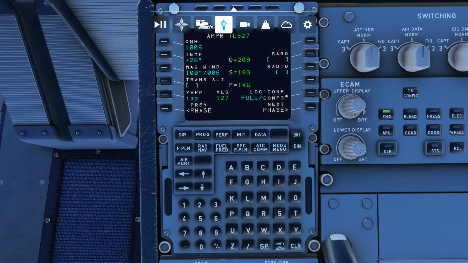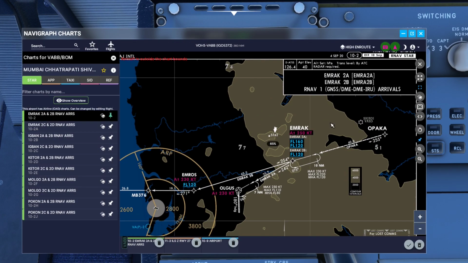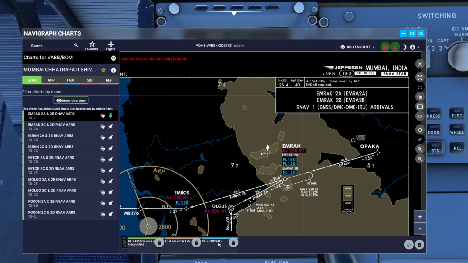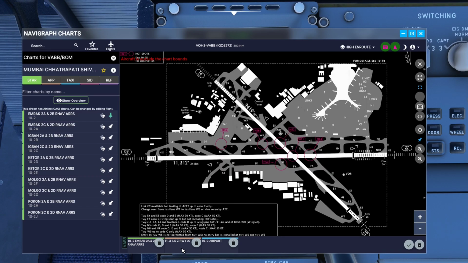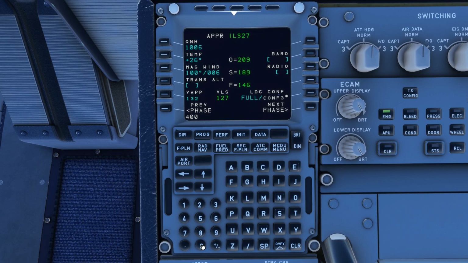Transition altitude, we can again go ahead and check using our Navigraph charts. As you guys can see, I've clearly pulled up the charts here. Transition level is assigned by ATC, but since we don't have ATC at the moment, we can go ahead and use the transition altitude, which is 4,000 feet, as you guys can see there. So let's go ahead and set 4,000 feet in the transition altitude section, and the